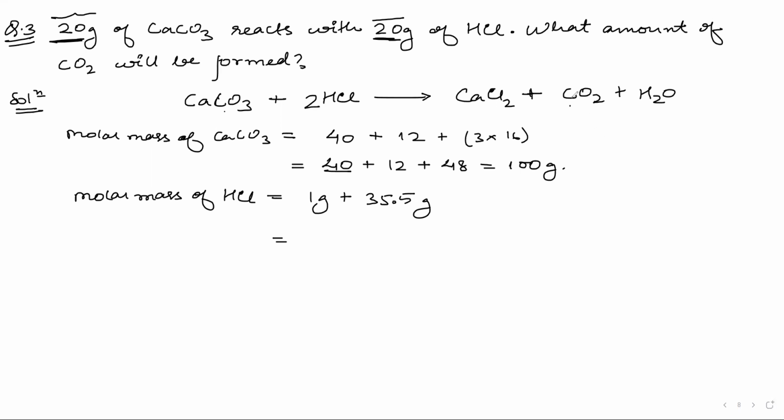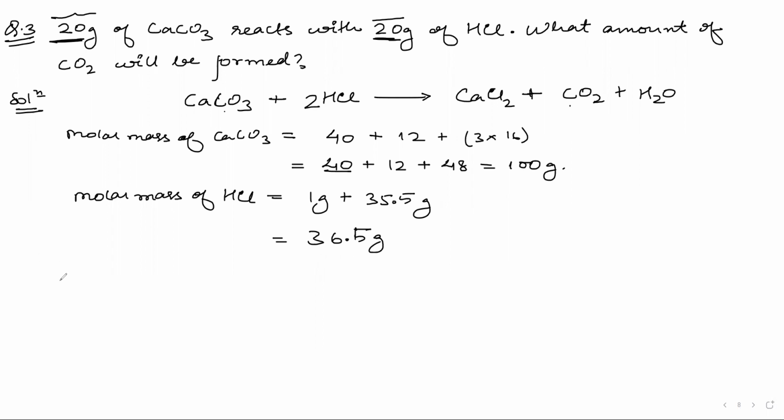Okay. So you will get this as 36.5 grams. Now, if you have, let us say, 0.6, then you can convert it to the next larger digit. If it is 0.4, then you can round it down. But for 5, I usually keep it as 5. Always keep it as 5. So this will be 36.5 molar mass of HCl.